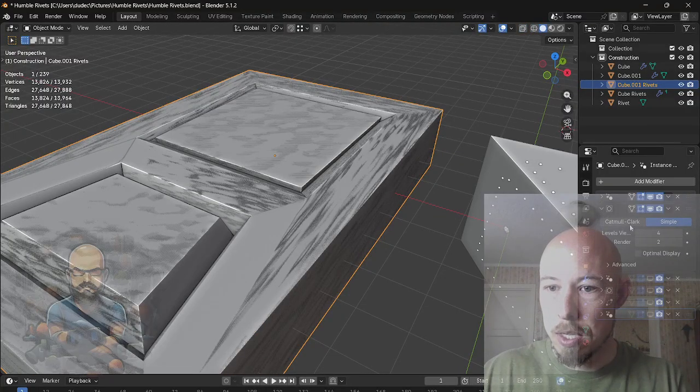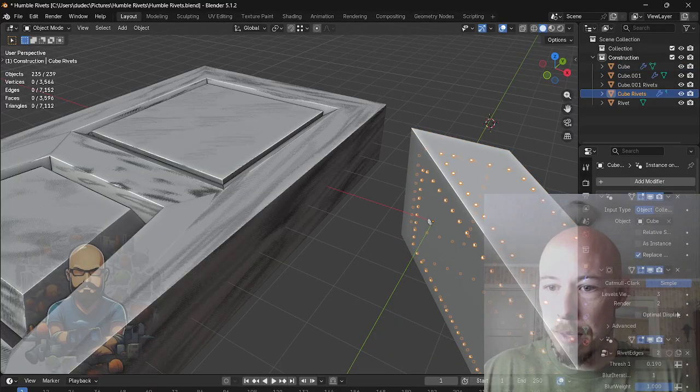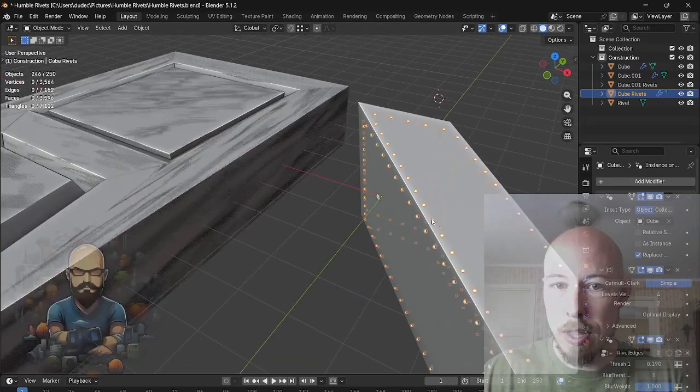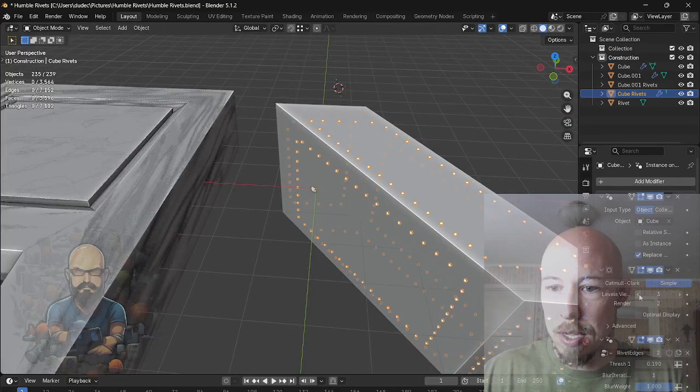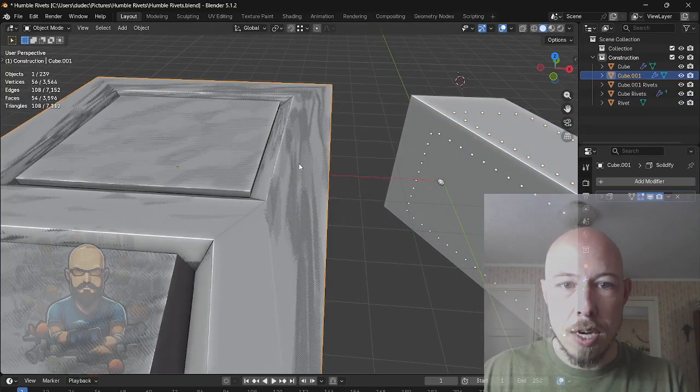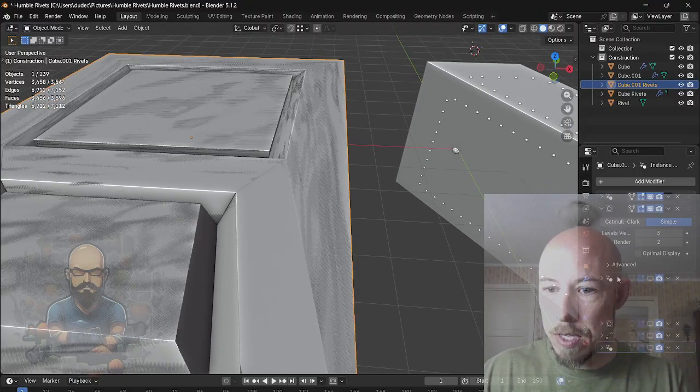And then, actually I should do it over here on the one that's not all masked off. There we go. So you can increase this number, and now they get closer to the edge. So that's all that does. Then it does the rivet edges